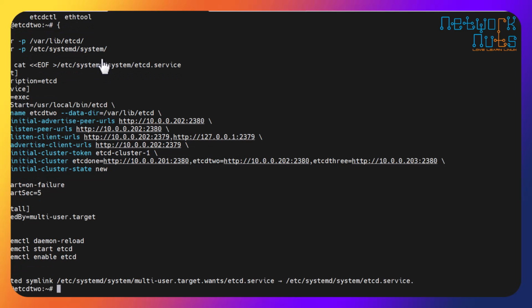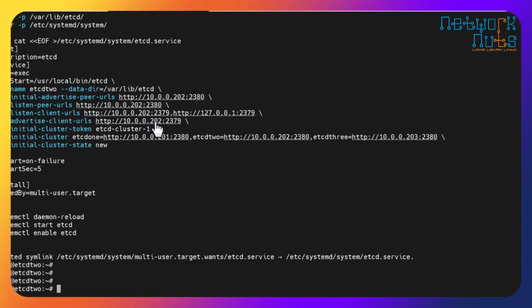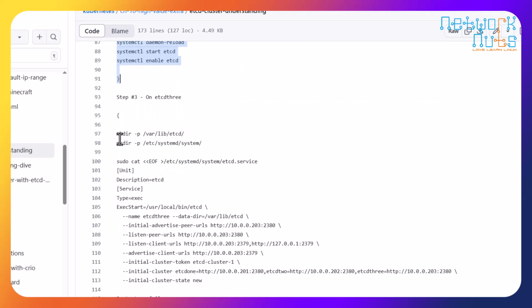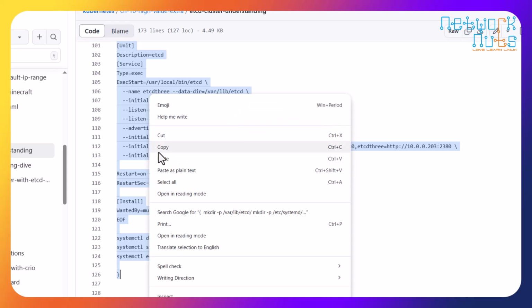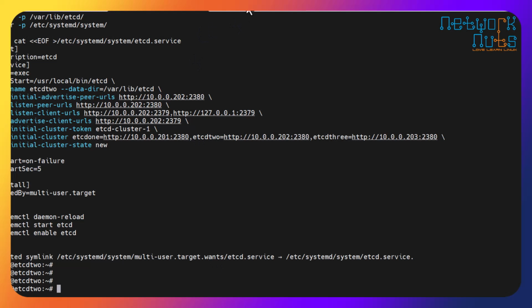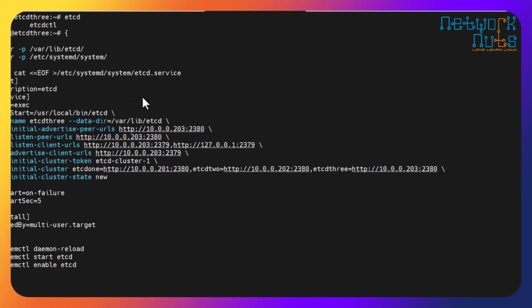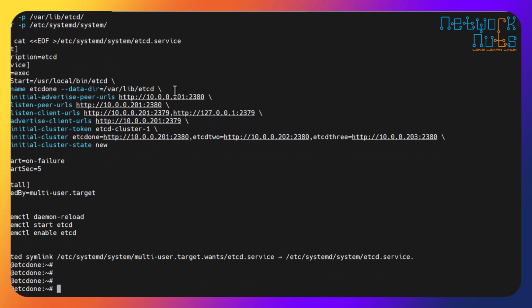Enclosing it in the brackets saves us a lot of time for creating the scripts. And now I go to the code for node 3, etcd3, copy it here and paste it on node 3. Job done, guys. If I check it here